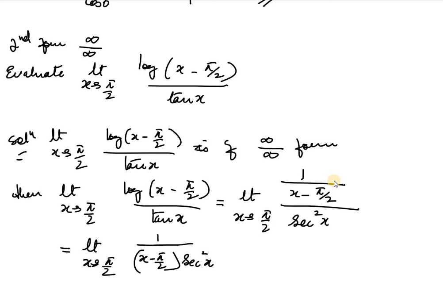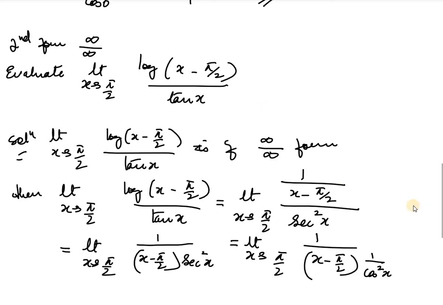Again, if you replace x by pi by 2, then pi by 2 minus pi by 2 will be 0, and secant of pi by 2 also will be infinity. So in this case, we can again simplify this one in order to reduce it either to 0 by 0 form or infinity by infinity form. So you can write this one as 1 by (x minus pi by 2), that one will remain as it is. Now secant square x can be written as 1 upon cos square x. So we can bring this one to the numerator,